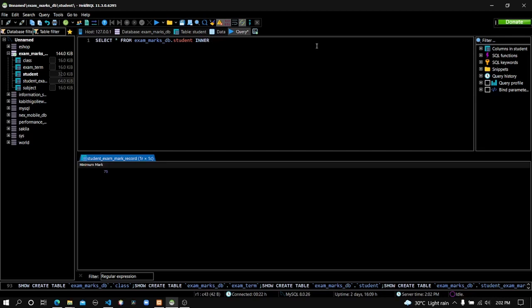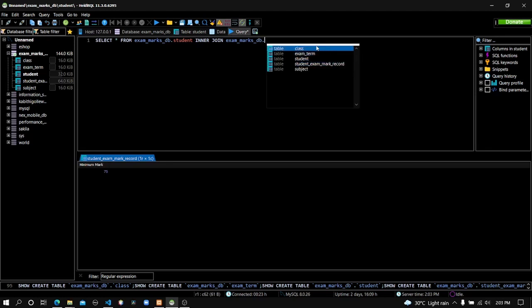There's not that much difference between these two methods, but the self join method joins the table by itself, and with inner join or left join, we are defining the condition or method of how to join those tables to the database management system. So inner join, that's the keyword, and here's the second table, exam mark DB, and